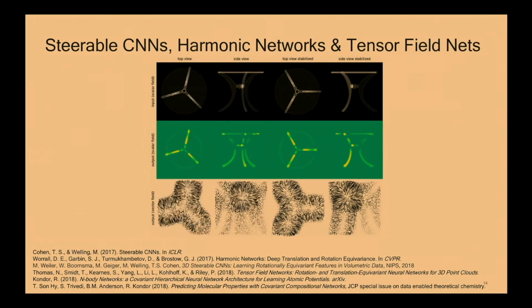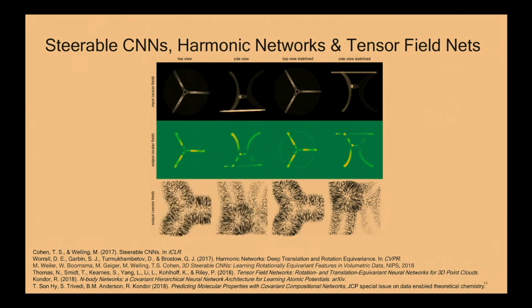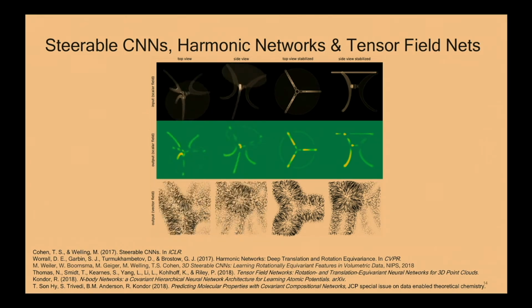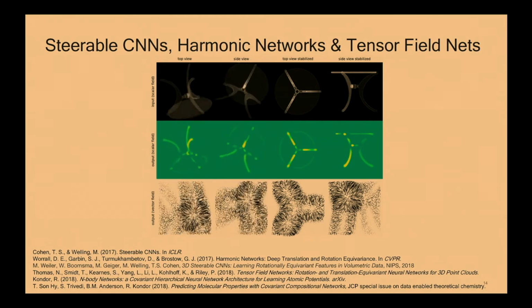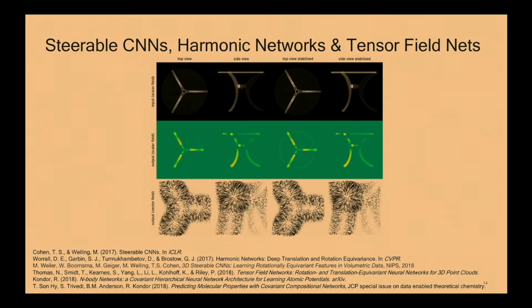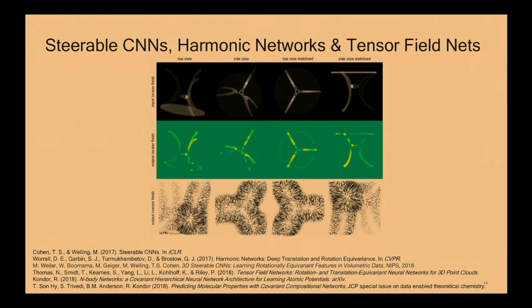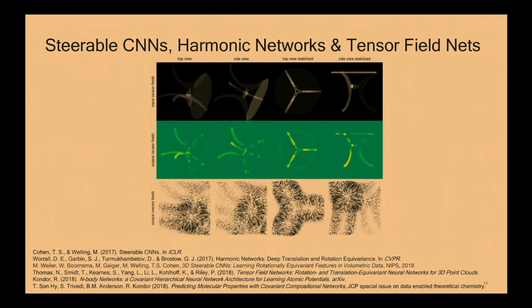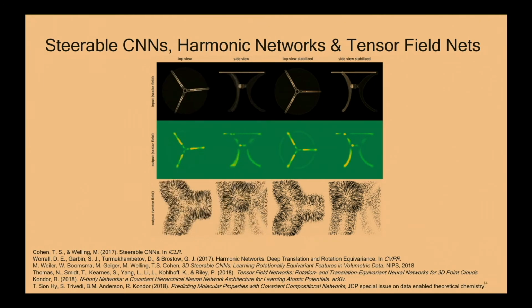All right, so what I've talked about so far is what we call regular GCNNs, which are just based on this idea of taking the convolution that's used in convolutional networks to detect patterns everywhere and replacing that with a group convolution to not only detect them anywhere, but also in any orientation, or in theory also in scale or other transformations. And what we're going to do now is